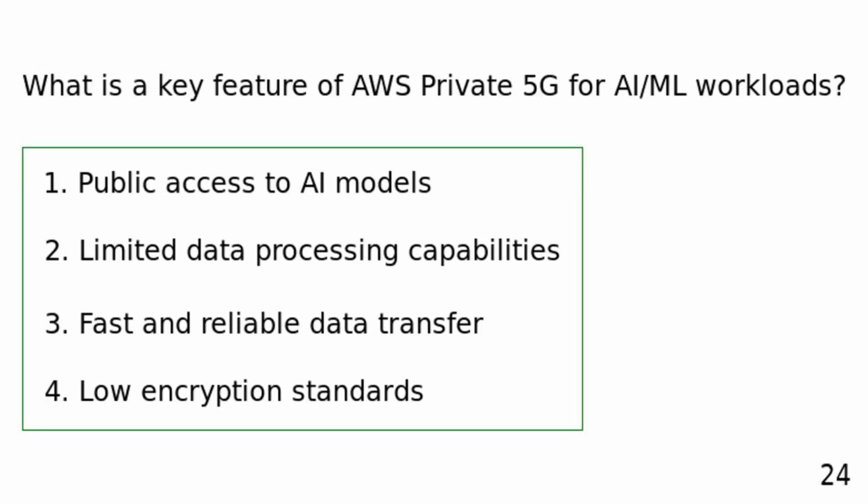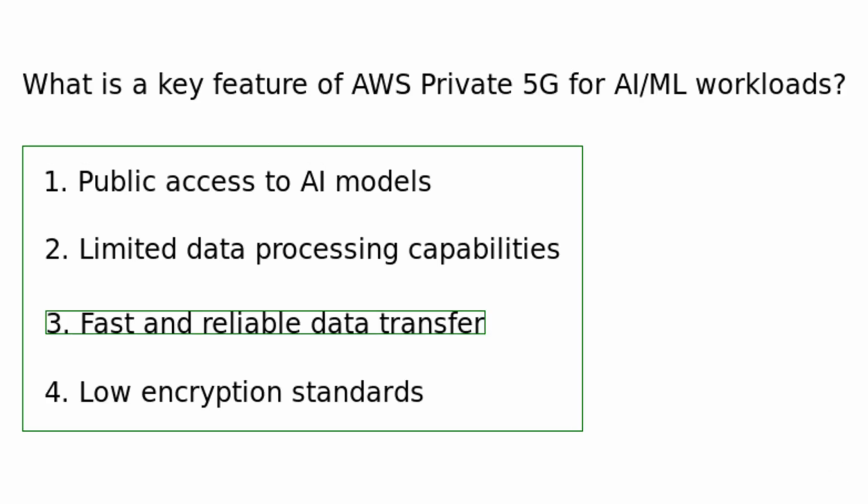What is a key feature of AWS Private 5G for AI or ML workloads? Public access to AI models. Limited data processing capabilities. Fast and reliable data transfer. Low encryption standards. A key feature of AWS Private 5G for AI or ML workloads is fast and reliable data transfer, ensuring efficient